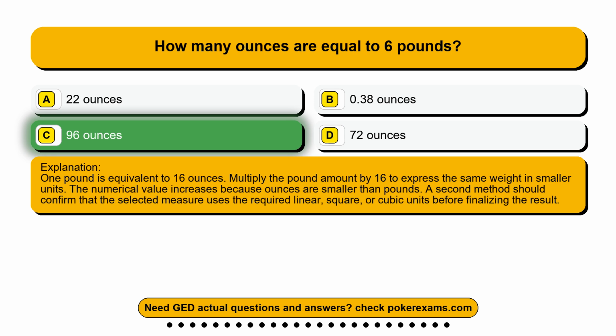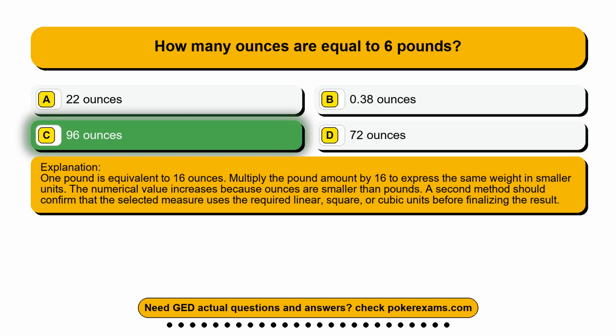1 pound is equivalent to 16 ounces. Multiply the pound amount by 16 to express the same weight in smaller units. The numerical value increases because ounces are smaller than pounds. A second method should confirm that the selected measure uses the required linear, square, or cubic units before finalizing the